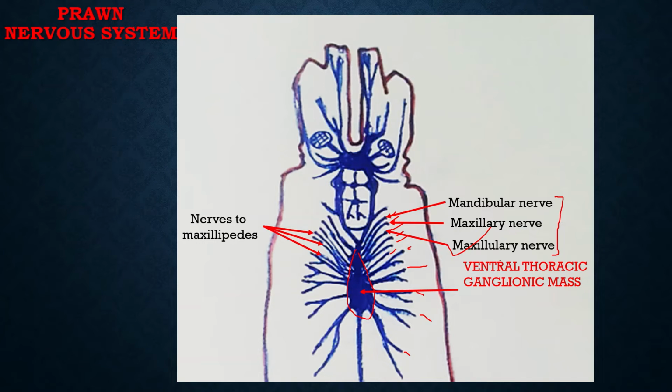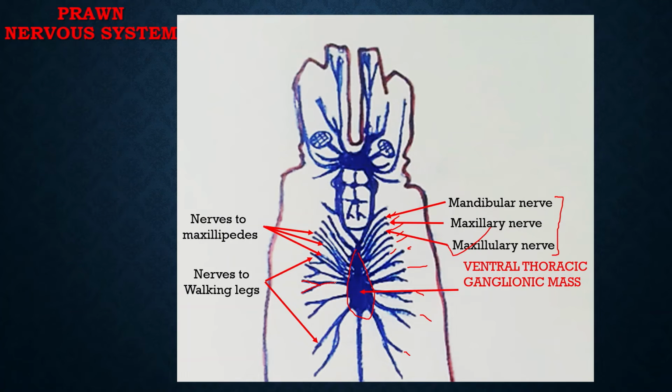out of those 8 nerves, the first 3 are called nerves to the maxillary pairs. These supply the 3 pairs of maxillae, and the remaining 5 pairs of nerves of the ventral thoracic ganglionic mass are called nerves to the walking legs. So these remaining 5 pairs supply the 5 pairs of walking legs, but before reaching the legs, these nerves